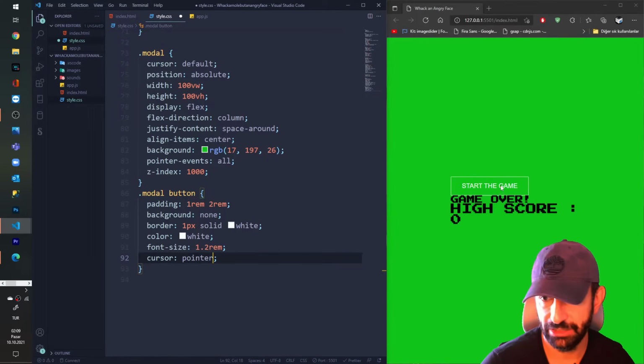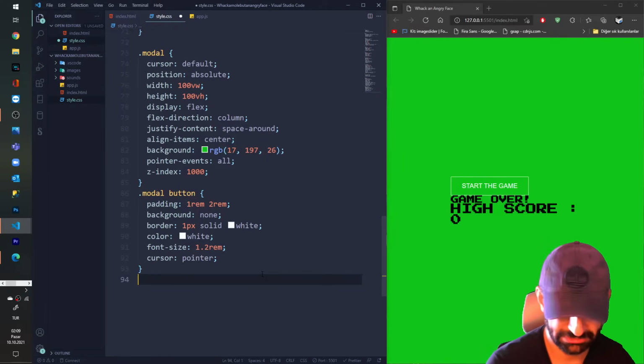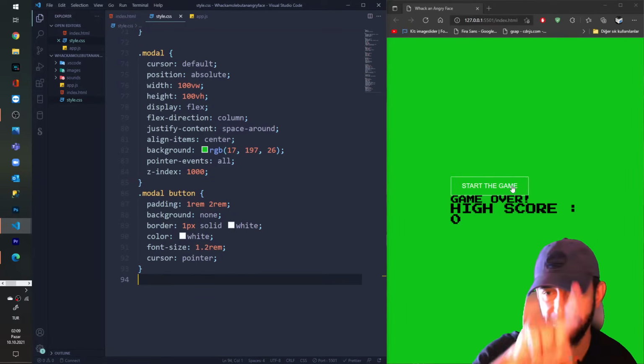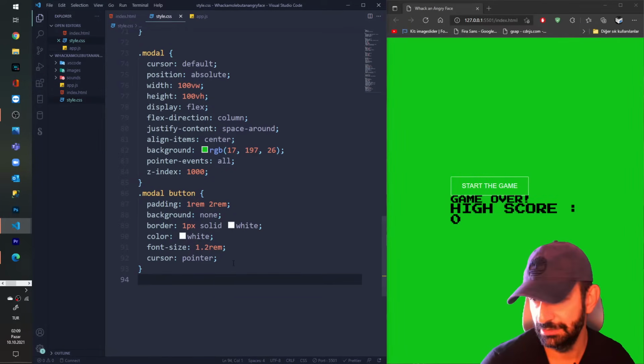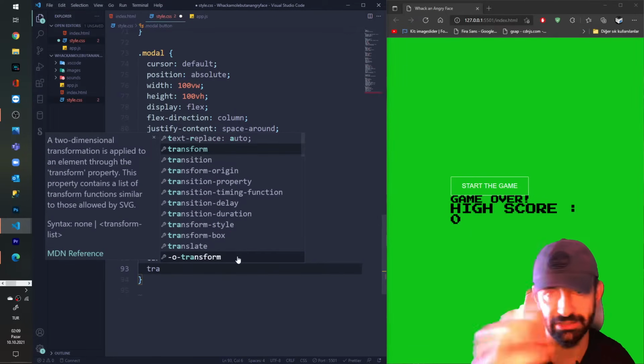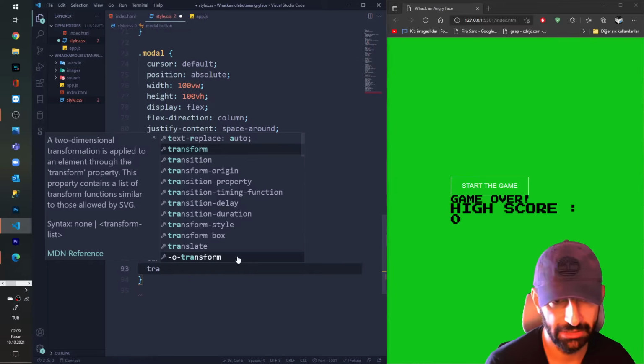You can see now when I go above my button, this finger is seen. I'm gonna give also some transition because I'm gonna put some hover effect on my button.